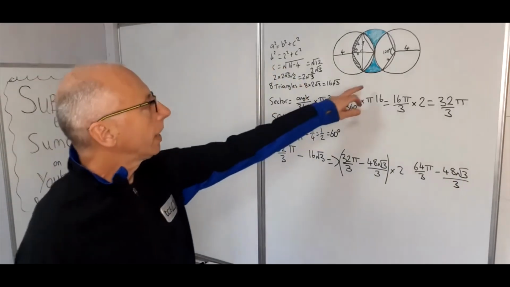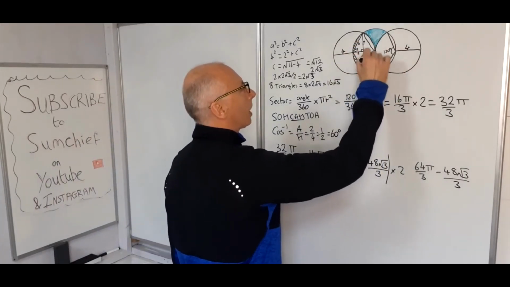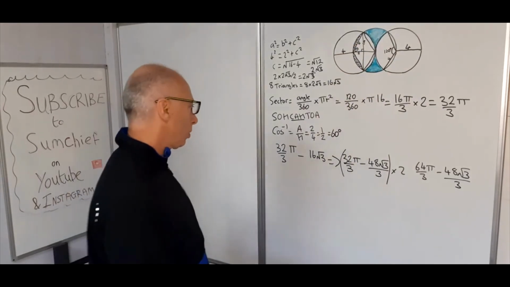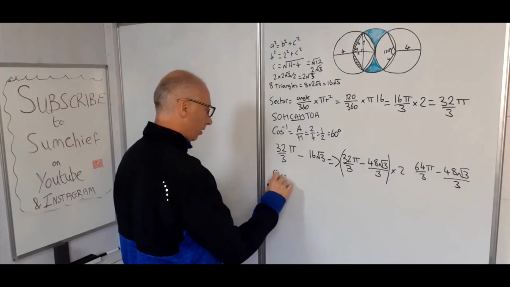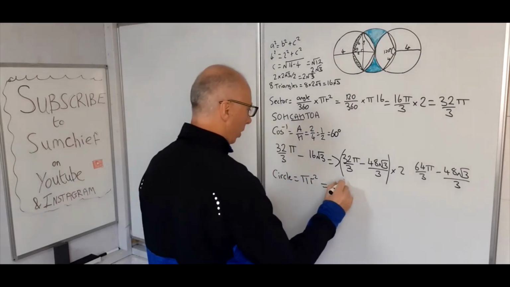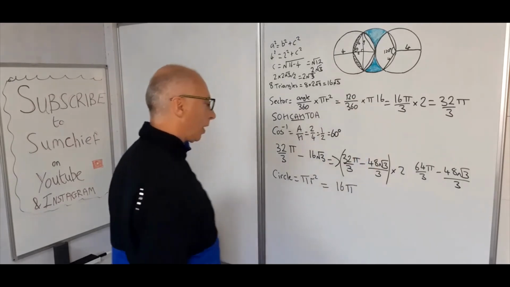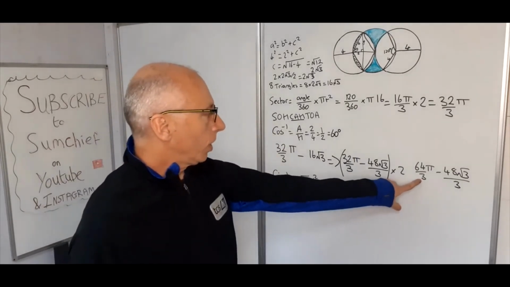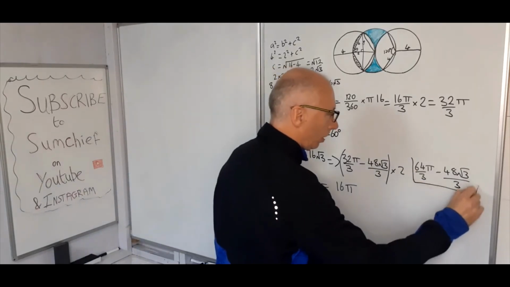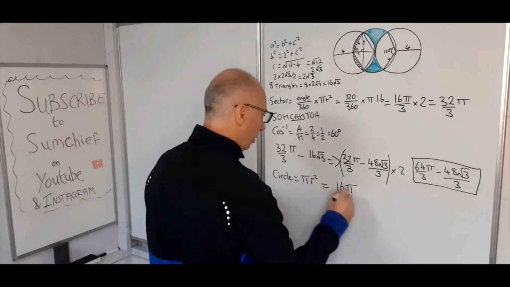Okay, now we've got the whole of the area of all of these bits now. So now what we need to do is find the area of the circle. Well, a circle is just pi r squared, which equals, as we know from the previous calculation, 16 pi. So if we take 16 pi and subtract this value here, that's going to give us our answer. So 16 pi